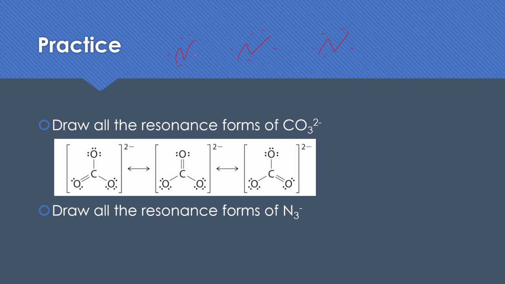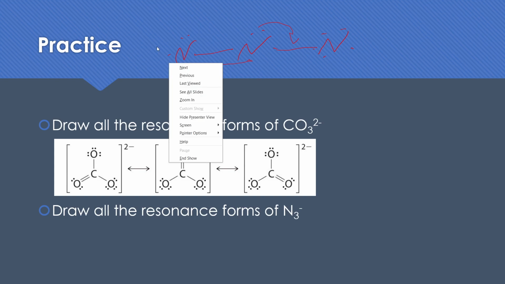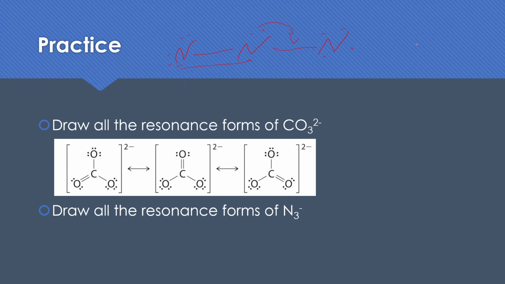Well, if I do this, then this nitrogen is missing an octet. So if I move that there and then put that extra electron there, whoops, then I get something like